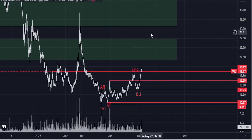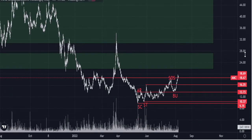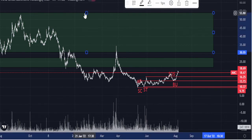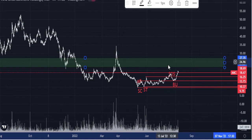The count that I have, point and figure, goes anywhere from 24 to 39. These green areas here, this part here, need not exist. This part's done is pretty much what that's saying, but there is a liquidity zone here. It's a pretty big deal that we haven't traded there,